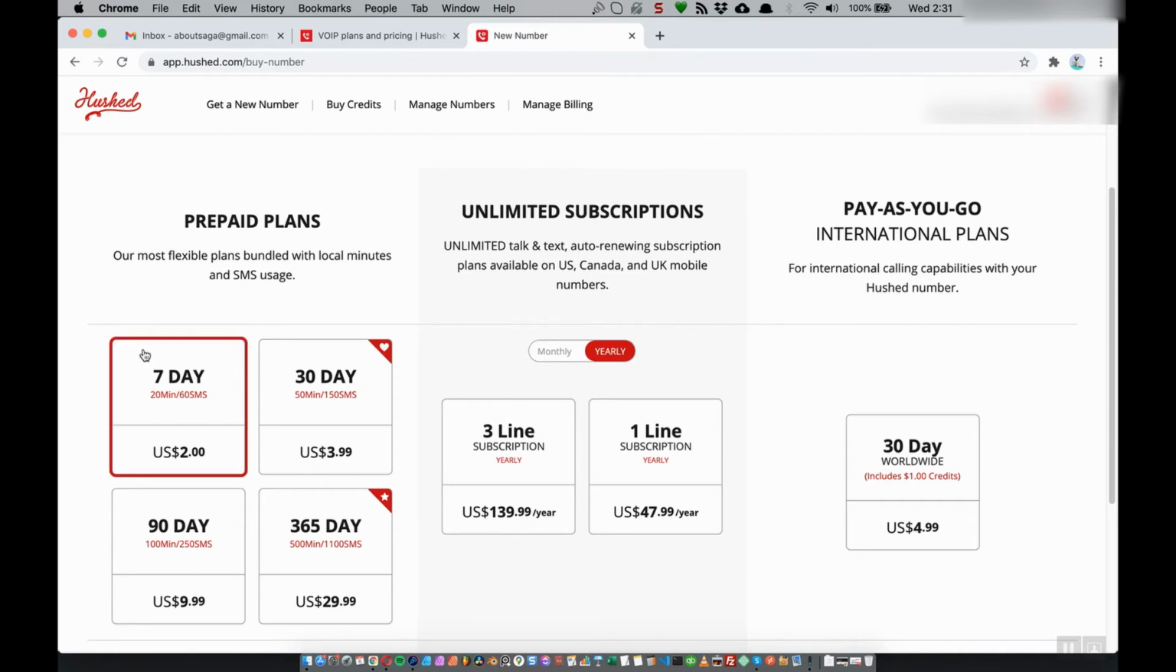So usually I just go for the 7 days, because I just need to register an account, and after that I don't use that phone number anymore. So I use 7 days, but if you want to use it for a month, you can. A year, you can. Or 3 months, you can as well, right? Unlimited subscription. So this is something, if you want it for a little bit longer